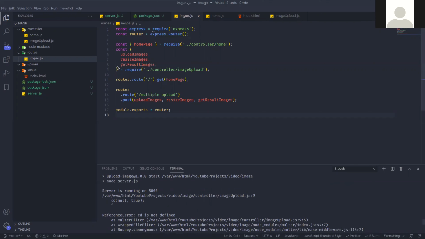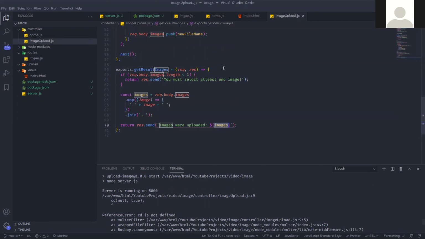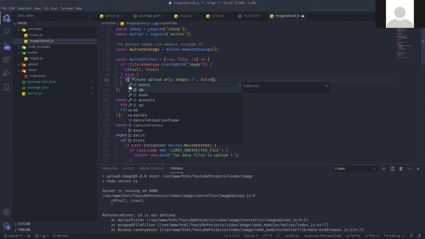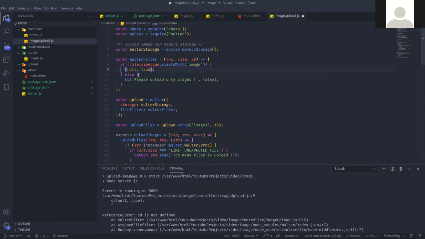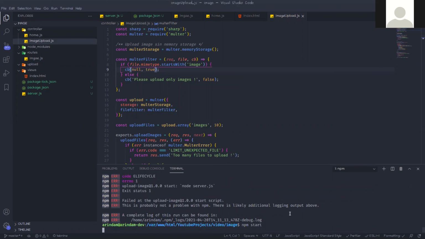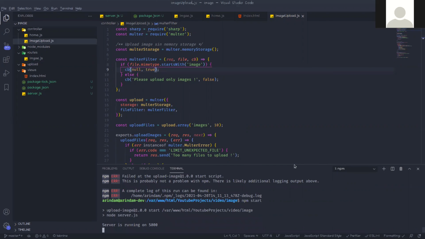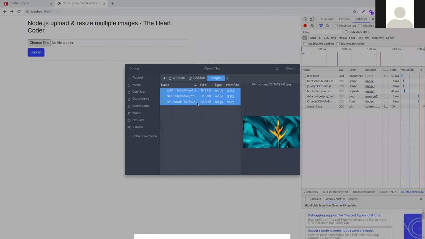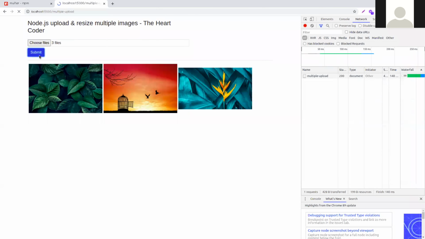Oh, sorry, that's C, not CD. That should be CB. That is also predefined actually. Oh, this one, CB. Again, we need to start the server. Go to the form and just try to upload these three and submit.